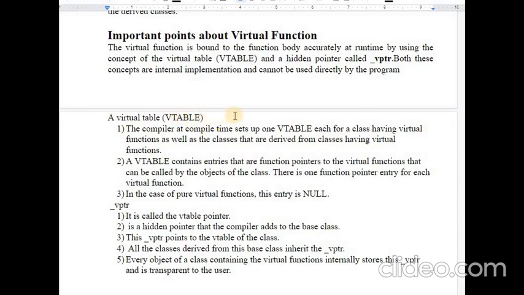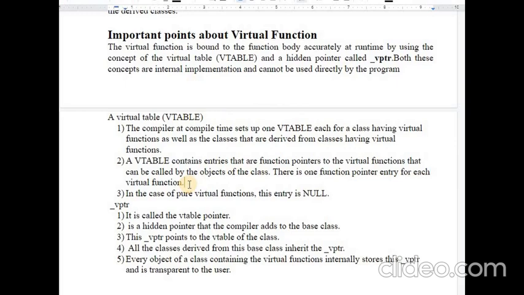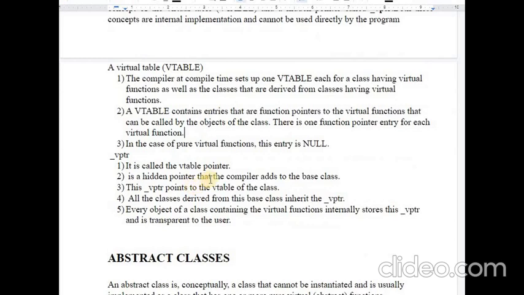It contains entries that are function pointers to the virtual functions that can be called by the object of the class. There is one function pointer entry for each of the virtual functions. In the case of pure virtual functions, the entry is null because they are only declared, not defined.